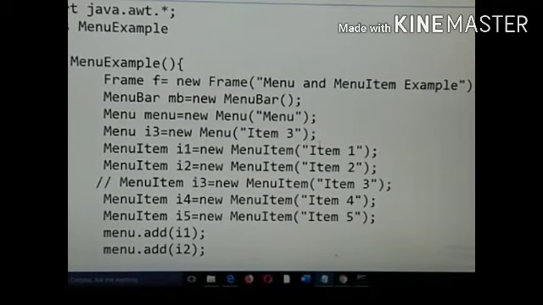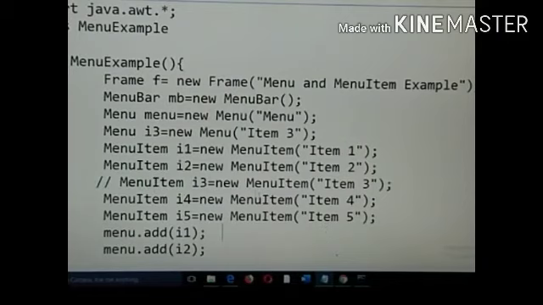I will tell you this later. In the menu I am going to add 3 things: item 1, item 2 and item 3. In my main menu I will have item 1, item 2 and item 3, and item 3 is going to have a submenu where the menu items are item 4 and item 5.